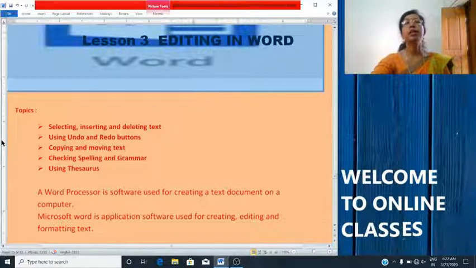Students, in the previous class, you were familiarized with one of the popular word processors, MS Word, isn't it? When you went for practical, you were using Microsoft Word for typing text.